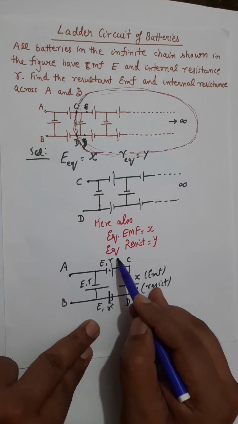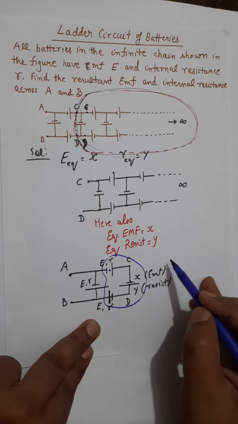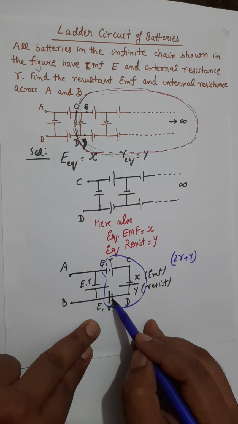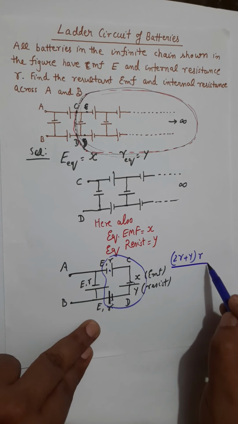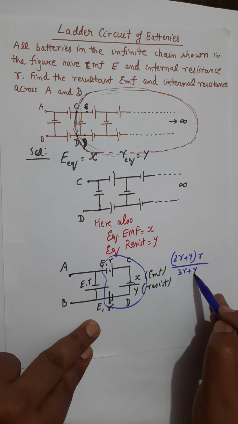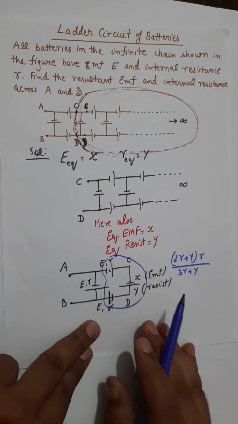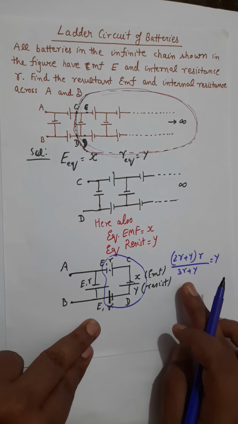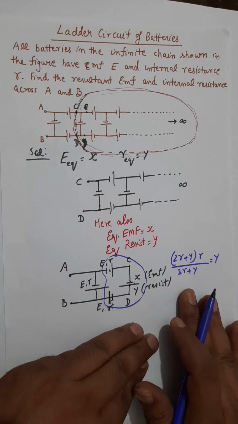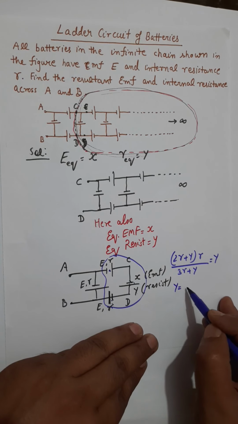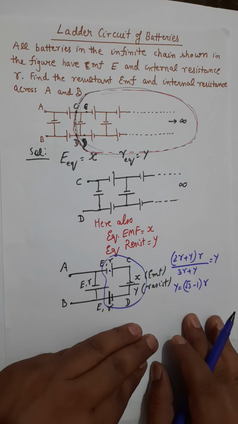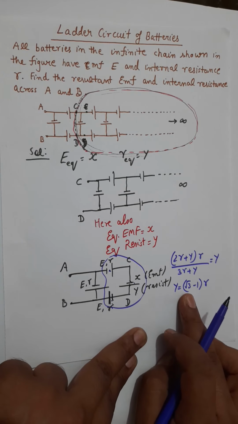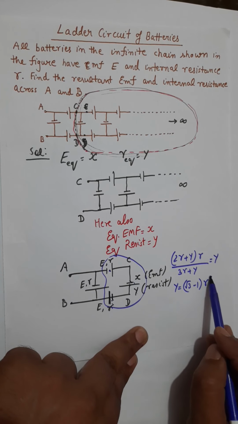So these three resistances have effective resistance R plus R plus Y, which becomes 2R plus Y, and this 2R plus Y resistance is in parallel with this resistance R. So this is R times (2R plus Y) upon R plus 2R plus Y, which is 3R plus Y. This is the total resistance of the circuit now, and the total resistance of the circuit is equal to Y. Now if you simplify it, it will become a quadratic equation, and that quadratic equation will give you a solution Y equals root 3 minus 1 times R. It will have another root, being a quadratic equation you will get two values of Y, but the acceptable value of Y will be root 3 minus 1 times small r. So this is the equivalent resistance of the circuit.